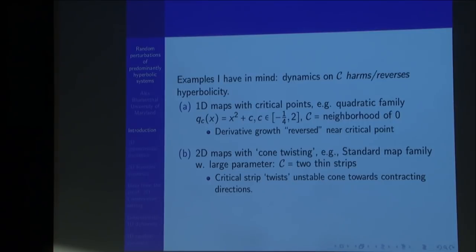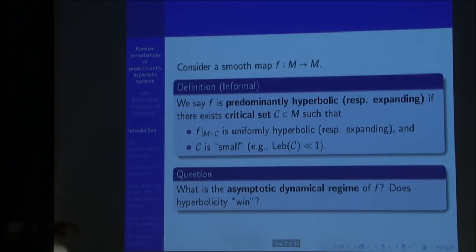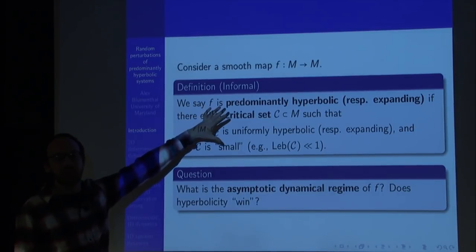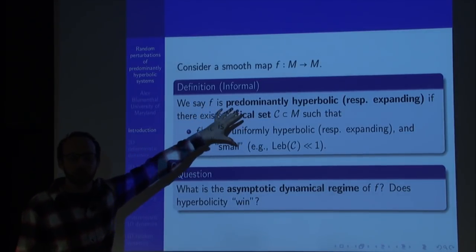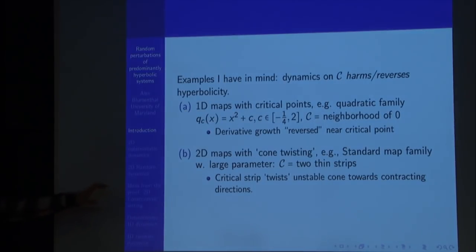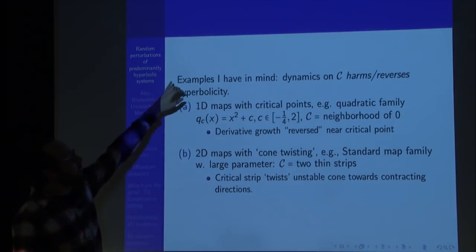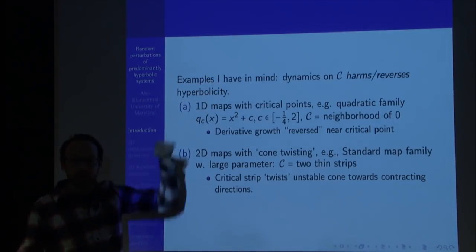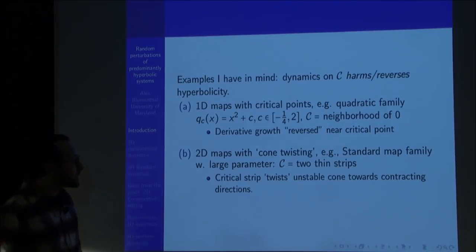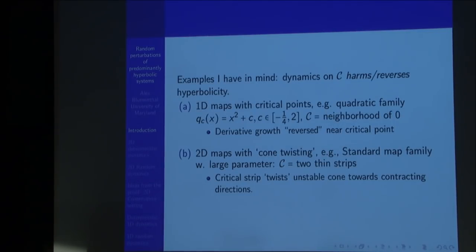Yes. C is not necessarily invariant. Exactly. So in this game, C is strictly non-invariant. C is going around all over the place. Okay, so I'll get a little more precise. So I have in mind these examples where the set C actively harms or reverses the hyperbolicity. Okay, and so this is already